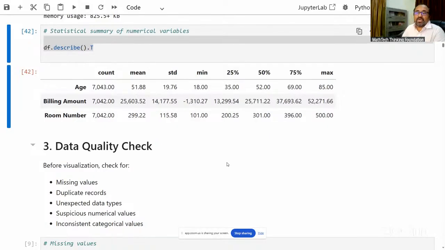What is the meaning of data quality? Data quality means, are there any missing values or not? Are there any